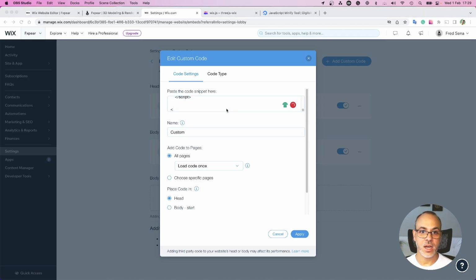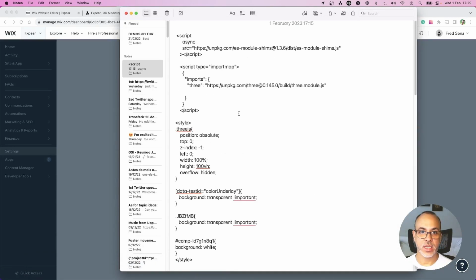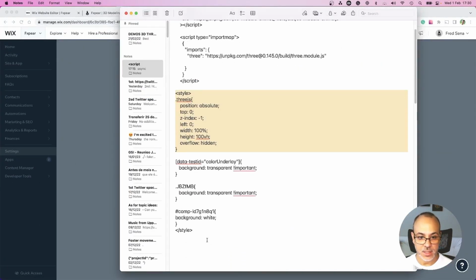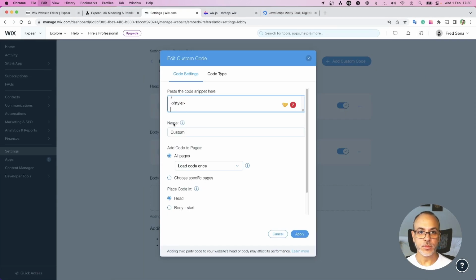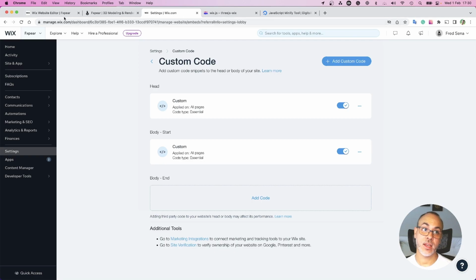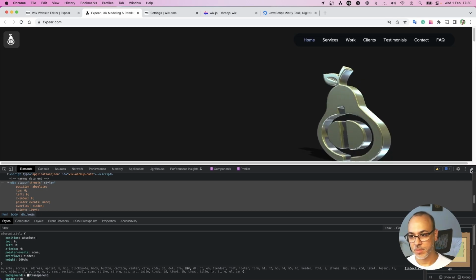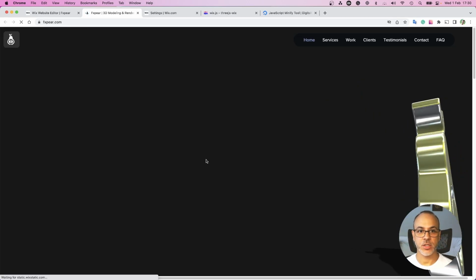So I will be lazy. I will just copy and paste the one that I have here because I don't want to spend that much time. But just to give you an example, you can create a style tag here. Then you can put all the things that you want to change on your three.js element. And then you close your CSS tag, which I will also be lazy and copy from here. Yeah, and then apply, and then again you need to publish the website again, and then let me close the dialog. If you refresh the page,